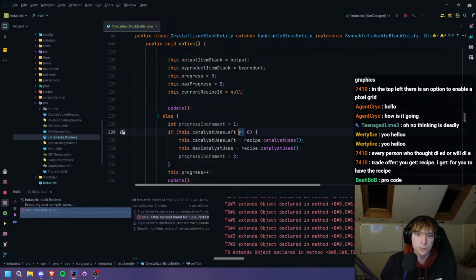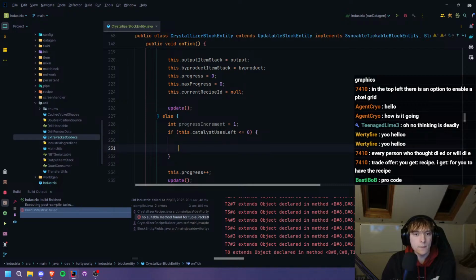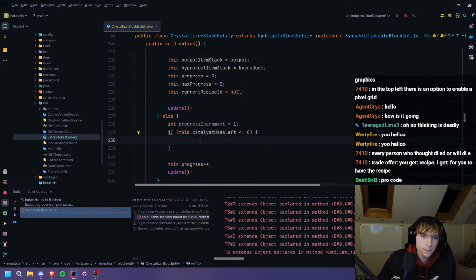So if catalyst usage is greater than 0. Hmm. No. So if it's less than 0, then what we'll do is we'll find the catalyst. So we'll say